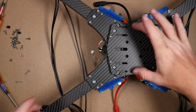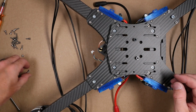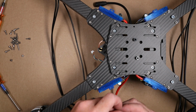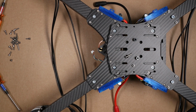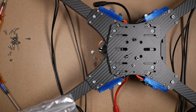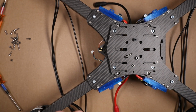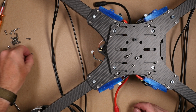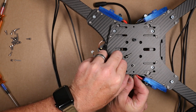Okay, so the difference with these two: we're going to take our bushing, take our 16 millimeter screws, and then put a nut on the back side. The one thing I would do differently here is I don't like the 16 mil screw there, but that's fine. So we take our bushing and place it underneath our plate,